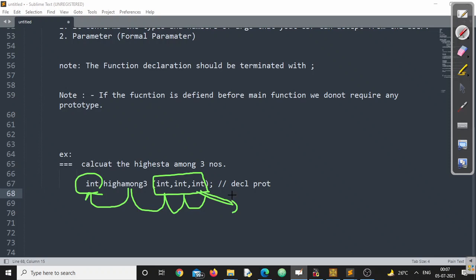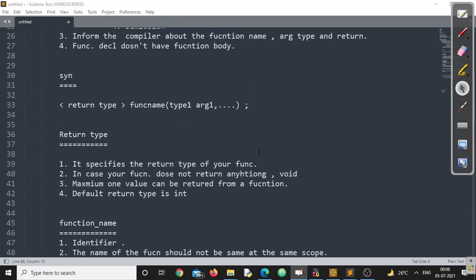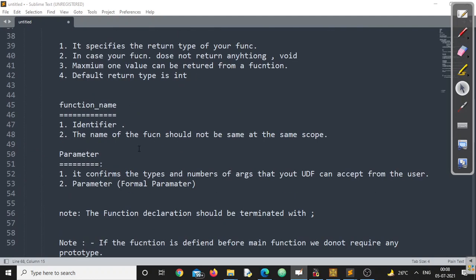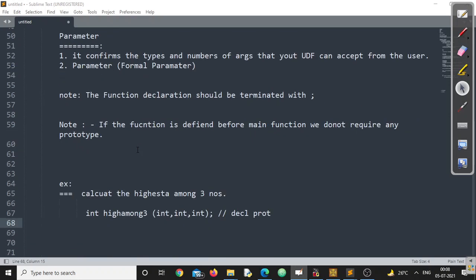In maybe the last video of the function series, we will find some interesting conclusions about the data type, about the argument type, whether the argument types will be equal to the calling type or may be different. Don't worry, we have a very good session waiting ahead. So I think this is the part where you can confirm what exactly prototyping means and what it can contain, right?